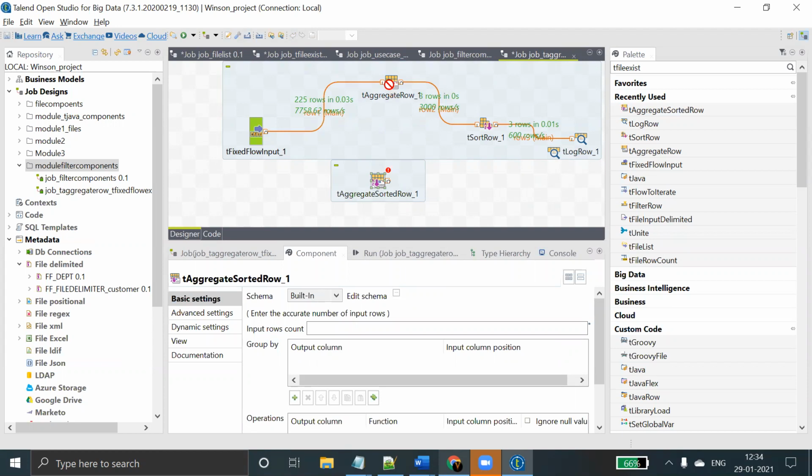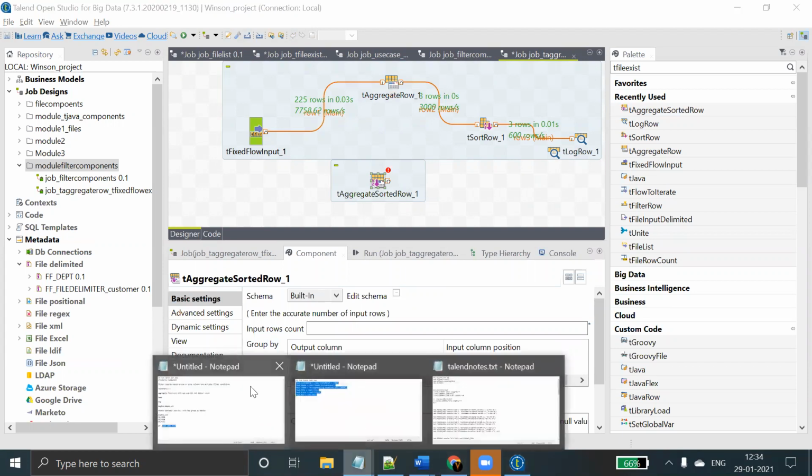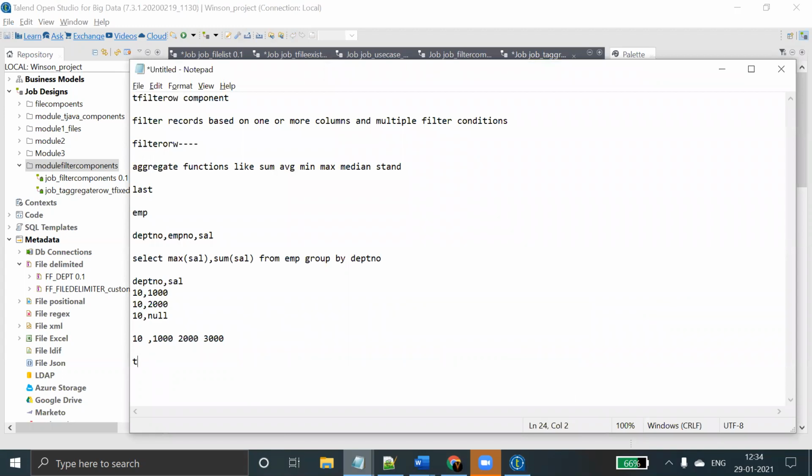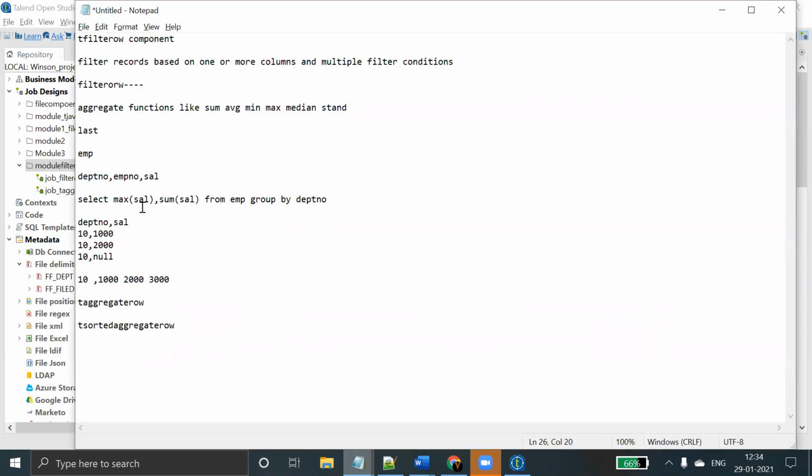So normally, when you use tAggregateRow and tSortedAggregateRow, what is the main difference? They will do the same kind of operations, but tSortedAggregateRow will only do aggregations, it does not do any sorting.